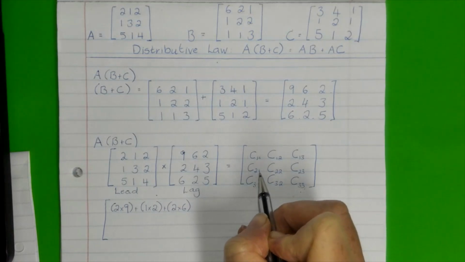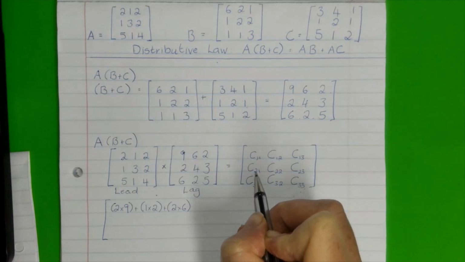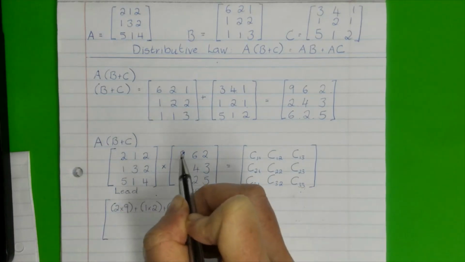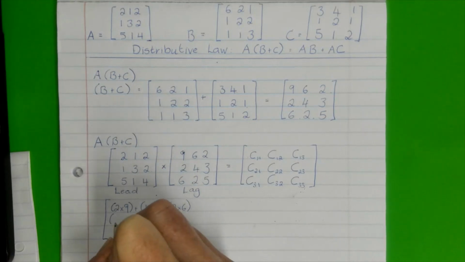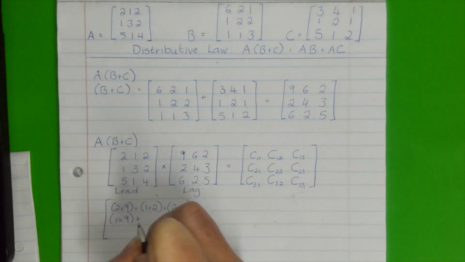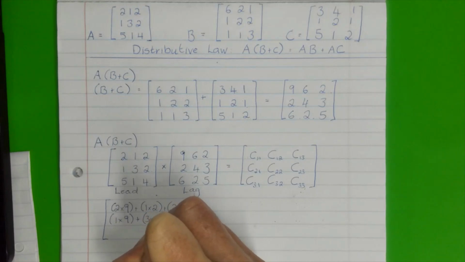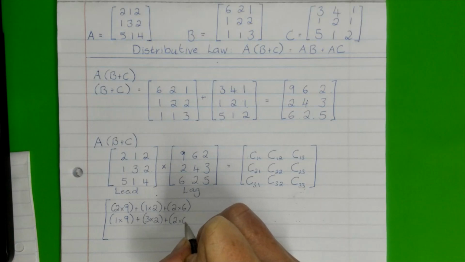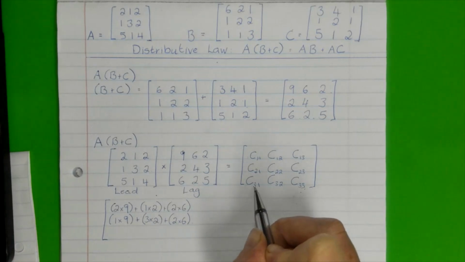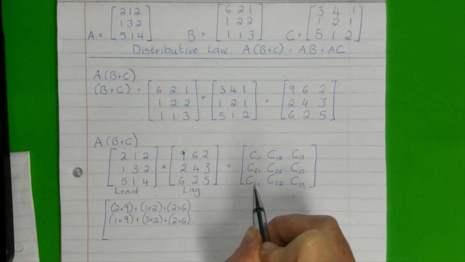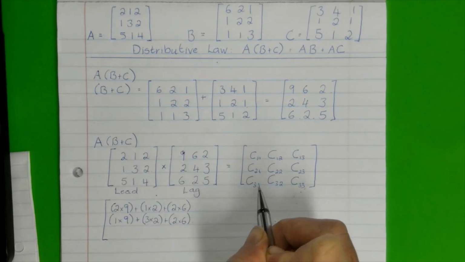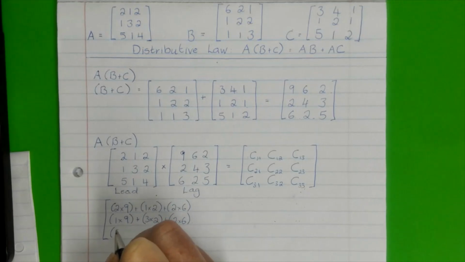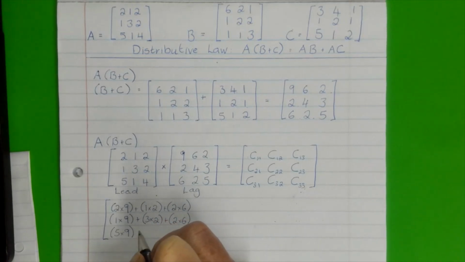Second row, first column: second row of the lead matrix times the first column of the lag matrix. 1 times 9 plus 3 times 2 plus 2 times 6. This element here, third row of the lead matrix times first column of the lag matrix: 5 times 9